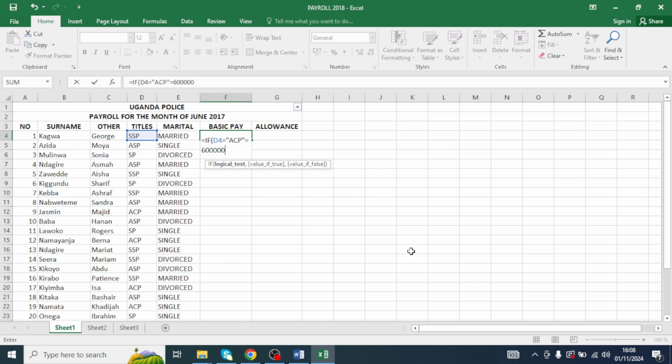Equals if D4 is equal to, in quotes, ASP equals to 600,000. That is one argument. You put a comma, continue to the next argument. It's comma, if D4 is equal to, so another title was SP. If D4 is equal to SP,